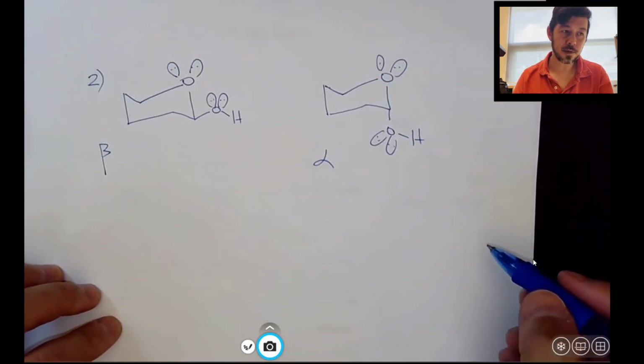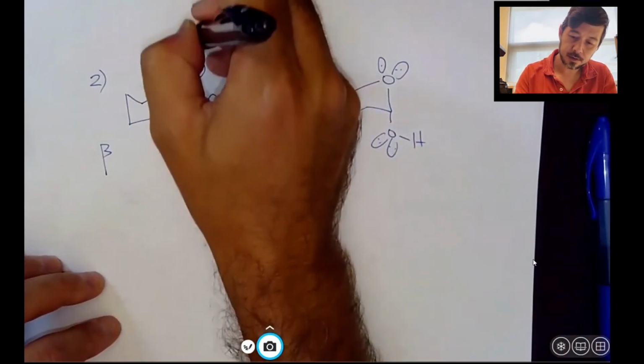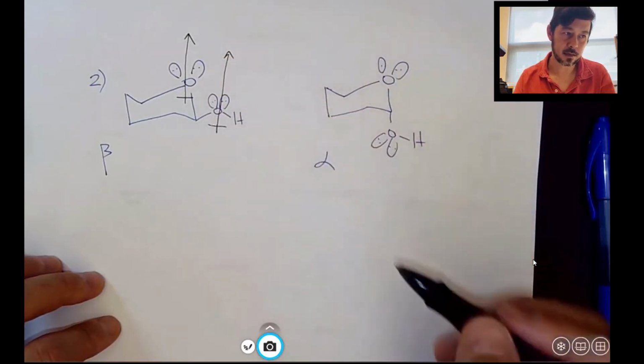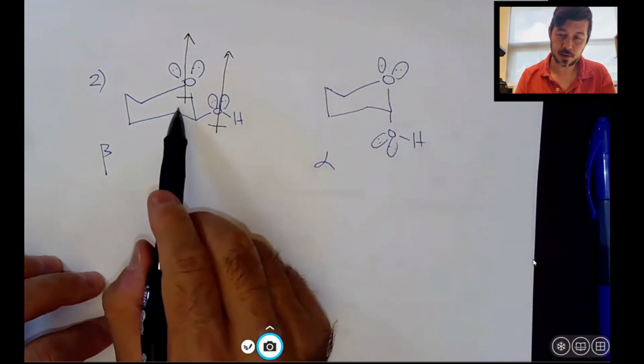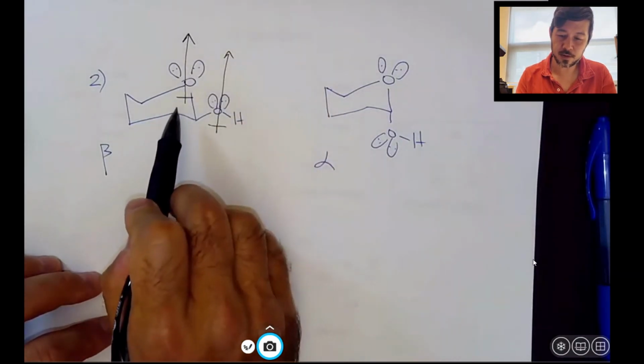Okay, so with the case of beta, if we were to look at the dipoles, you can see that we have dipoles that are aligned. Okay, so there's always some movement of the electrons going this way